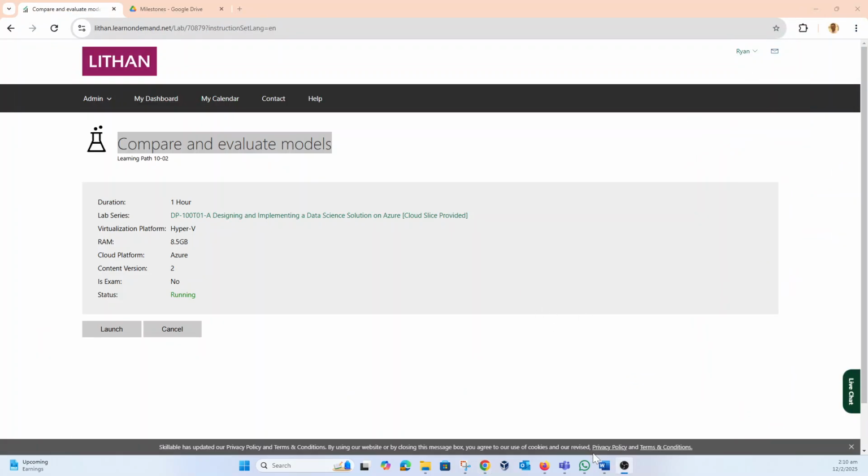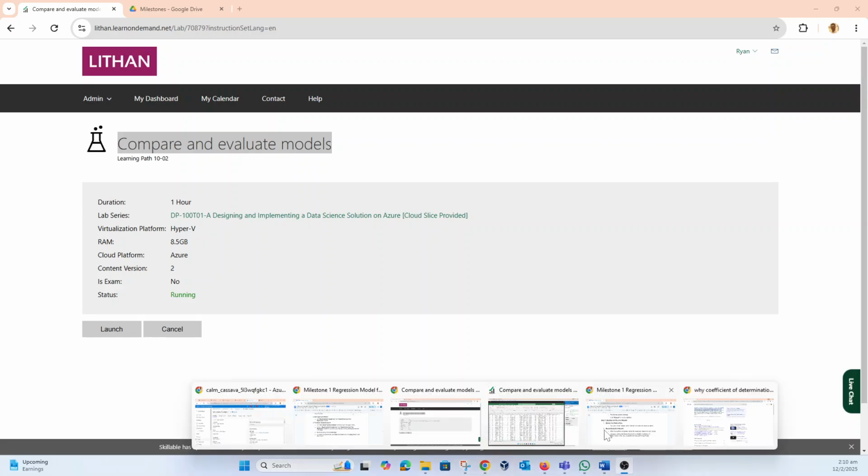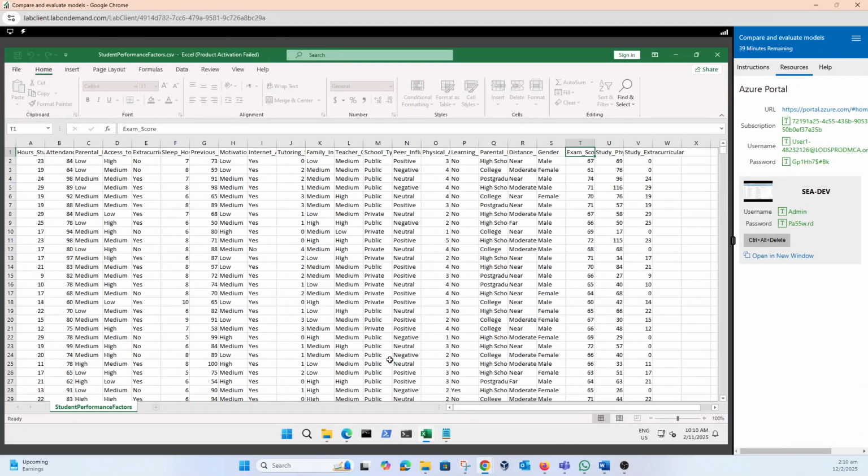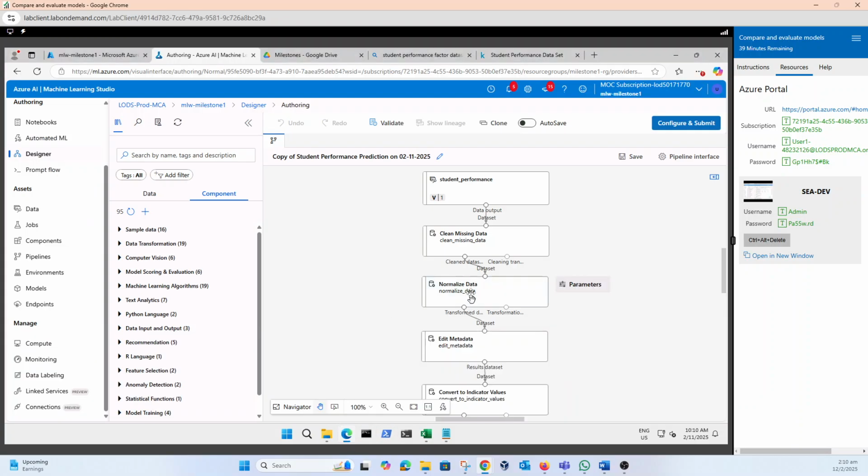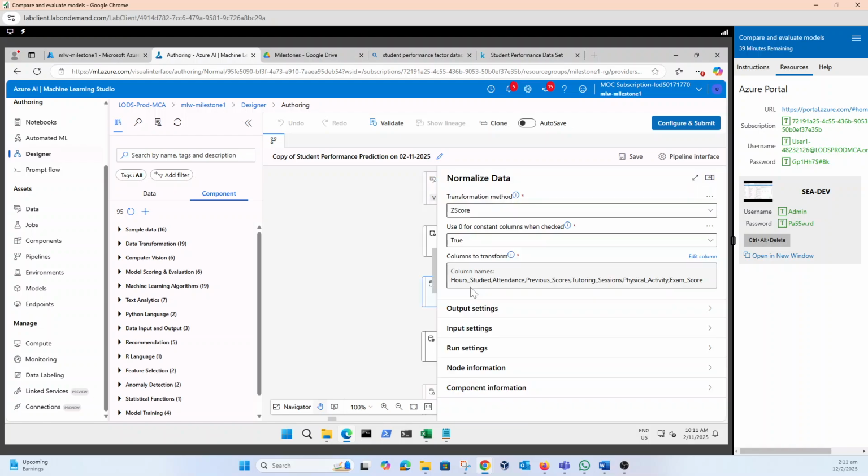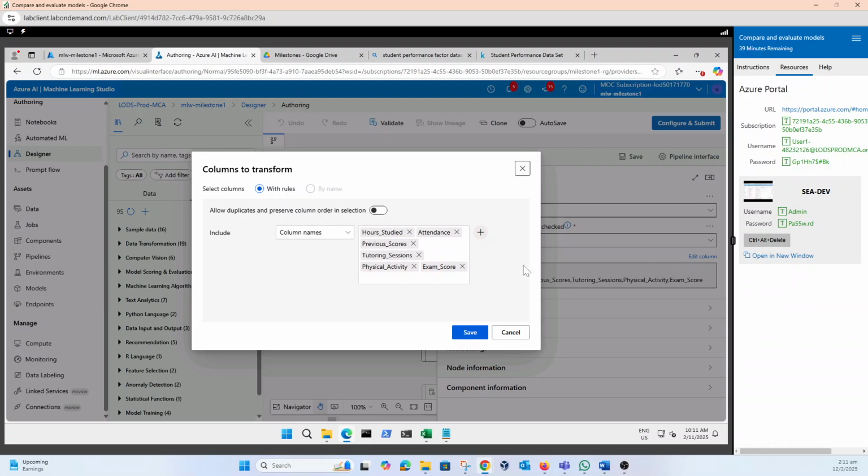Okay, so we go back here, edit the column, and then we remove the exam score, but we add the